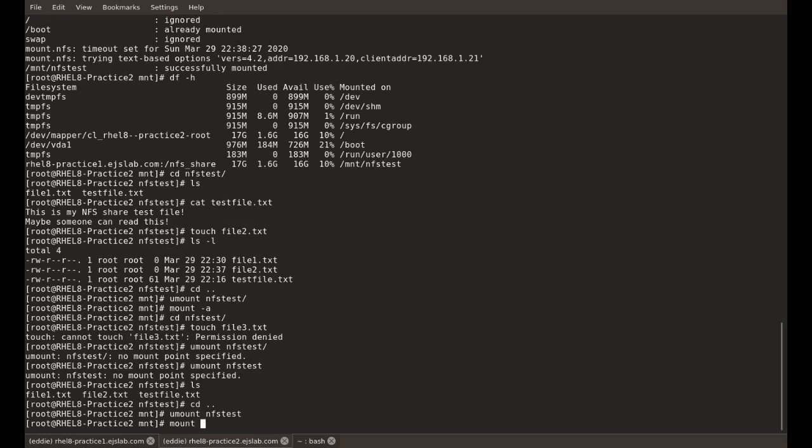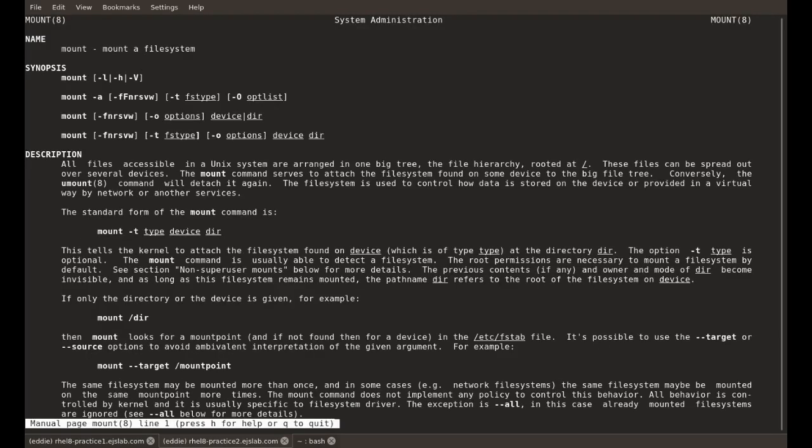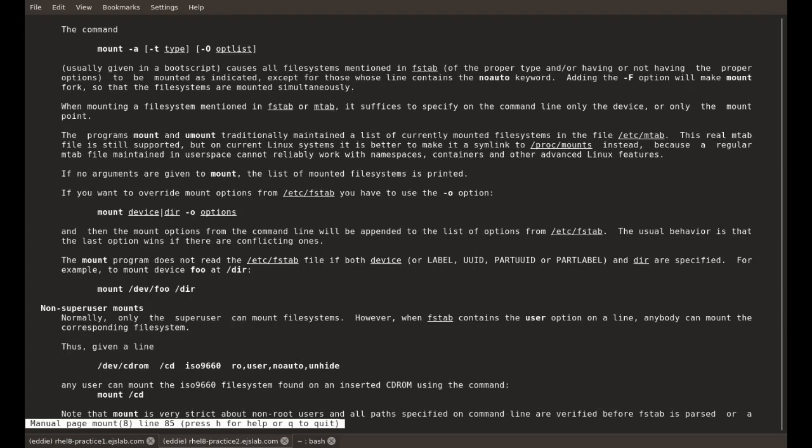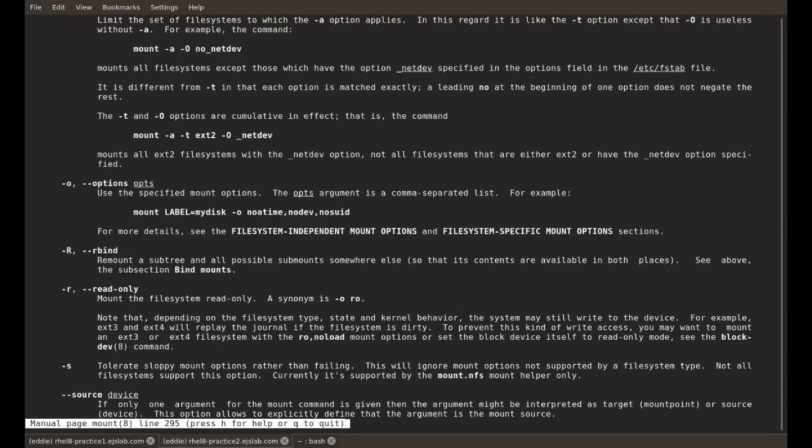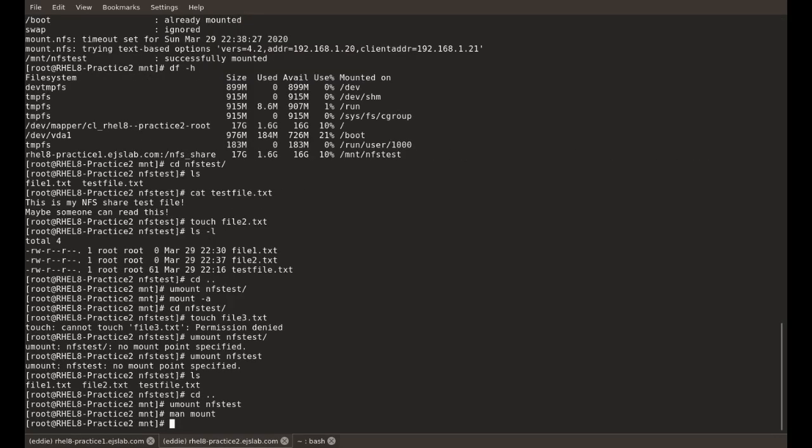Now we're going to mount this again, -t nfs -o rw. And now do I do that in parentheses? I don't think so. Let's double check. Sometimes you will see an example. Nope. All right, so mount